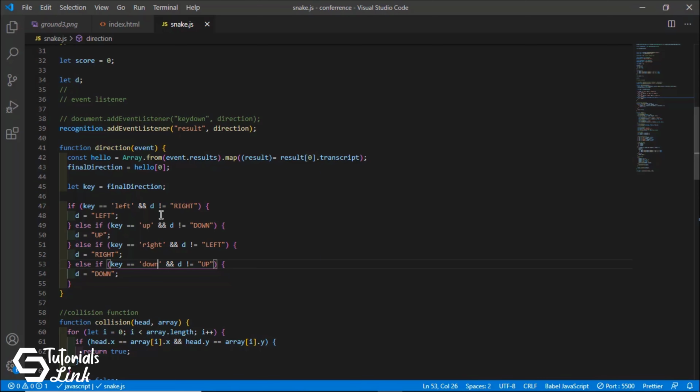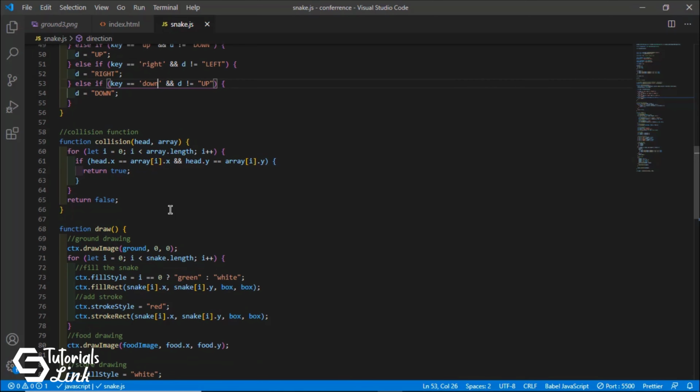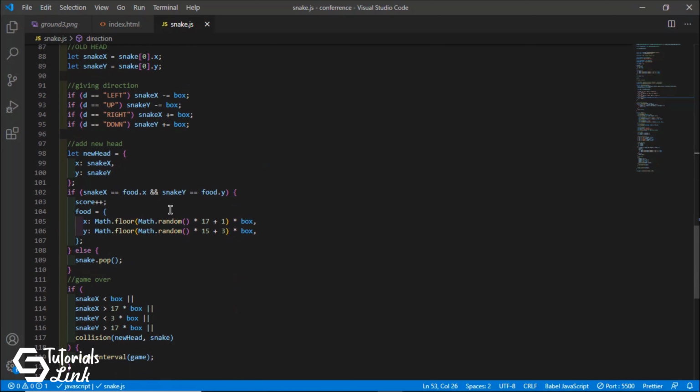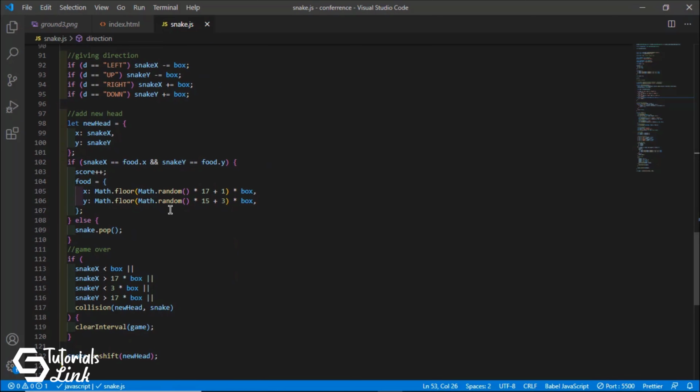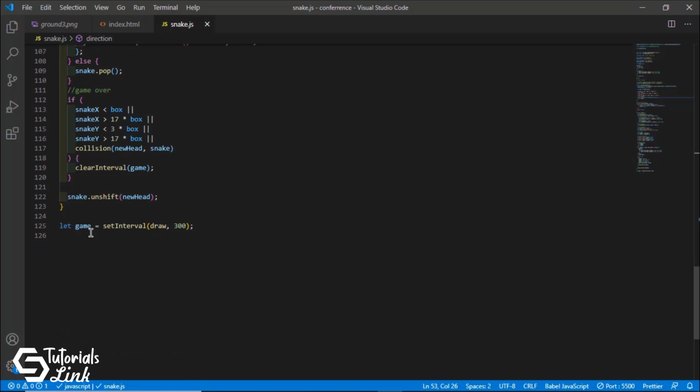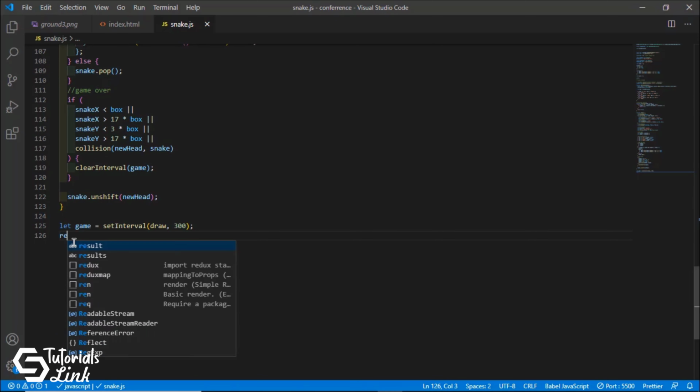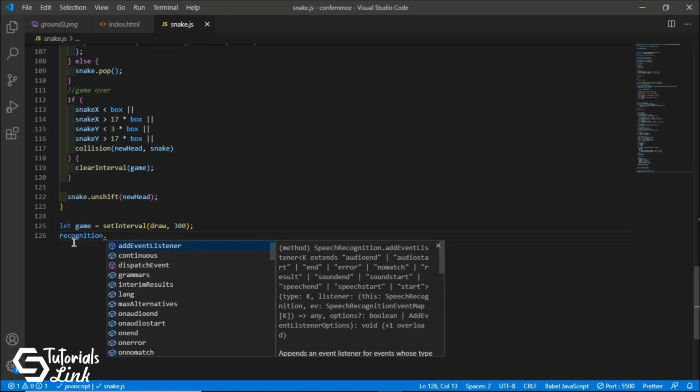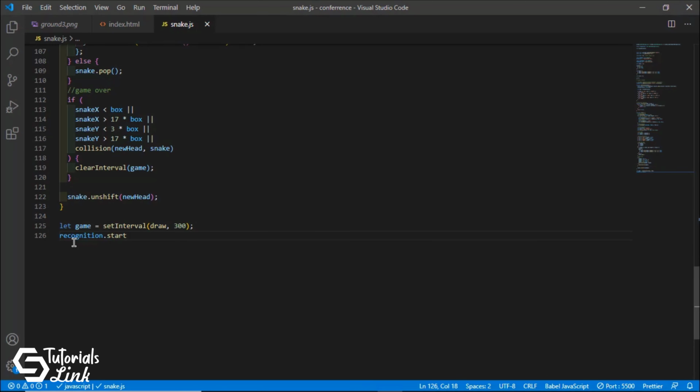Now next, this is done. So at last we just have to call the function. For calling the function it is very easy. We just have to get the method, and the method we will use is recognition.start. So it will just simply start the recognition. But one thing we have to handle: if you remember, previously I told you that if it gets the result in the first go, it stops.